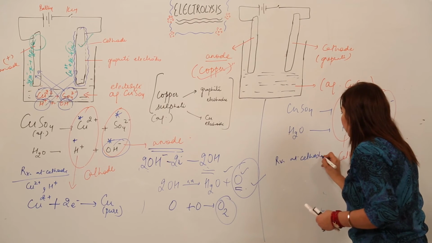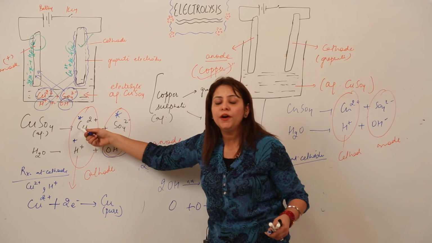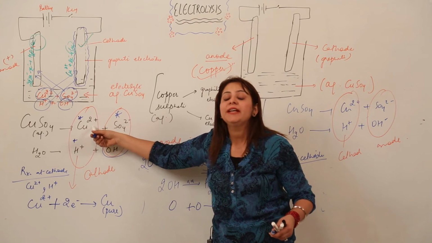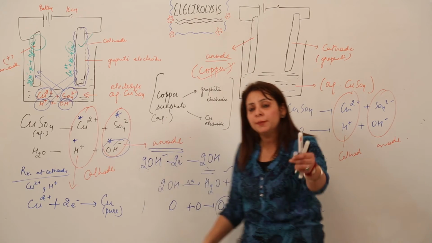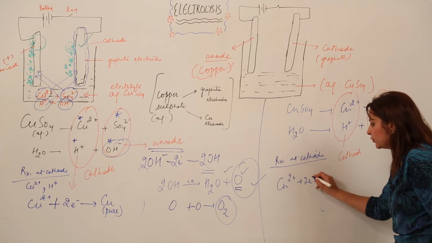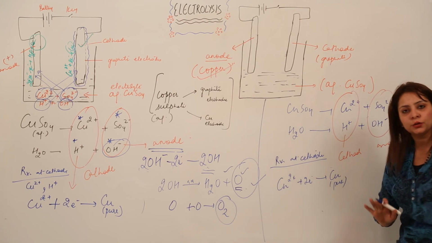Out of the Cu2+ and H+ ions, I told you that this has the lower reduction potential, that means it has the lower electric potential, so it will get discharged and reduced. Similarly, it is going to get reduced on this side also. See, I am just reducing it, and it is a pure coating which is formed at the cathode, right.